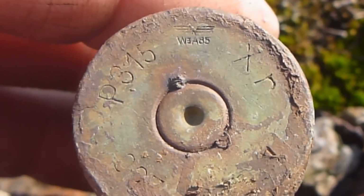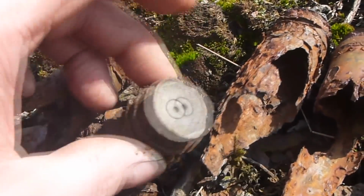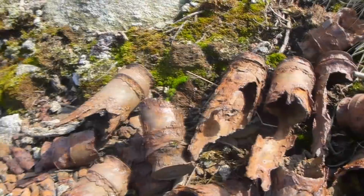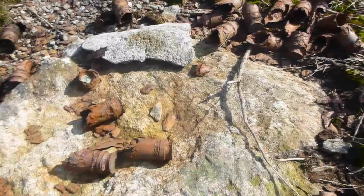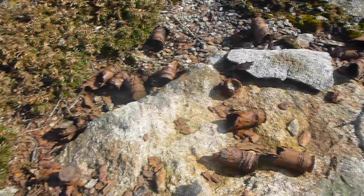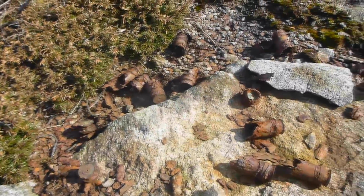And on this location, just got permission to go here, and I'm finding this. That's absolutely insane. Look at that. I've never had anything like this before. This is like the ultimate graveyard of the 20mm cartridges. Wow. I'm gonna take some of them, and I'm gonna clean the head and the back, and that's okay enough. I'll take some pictures of it, and